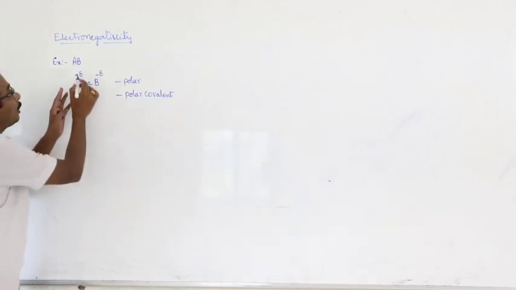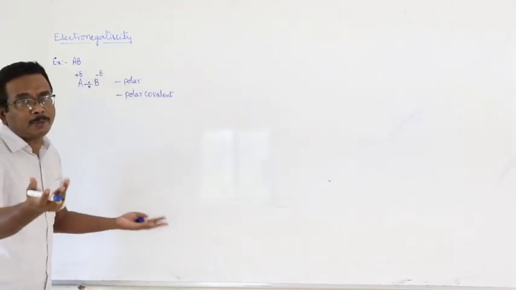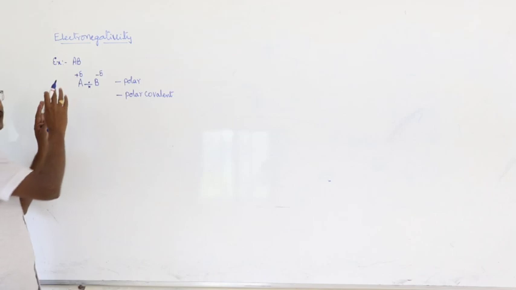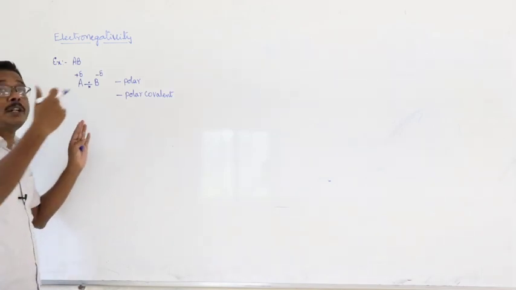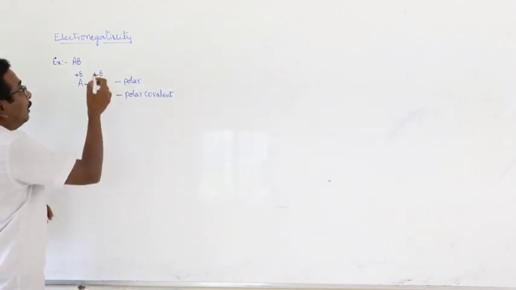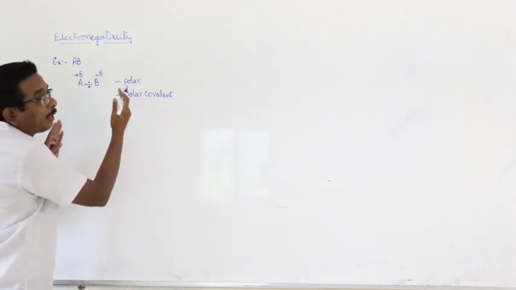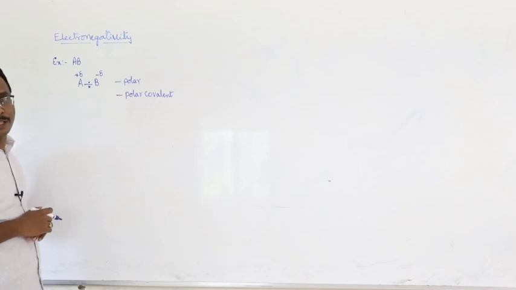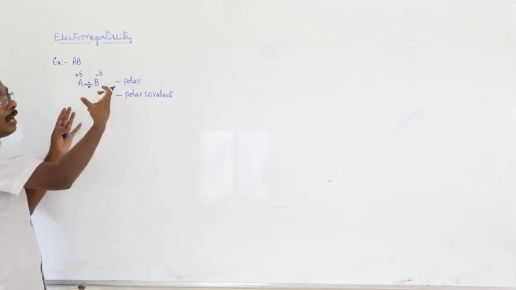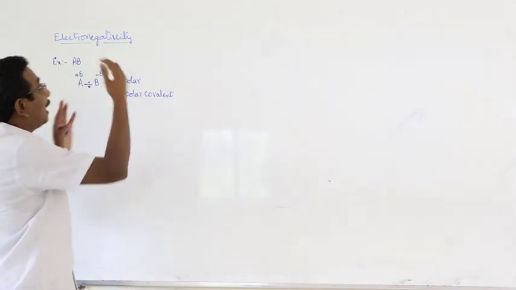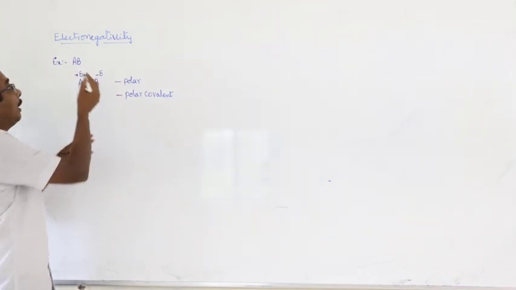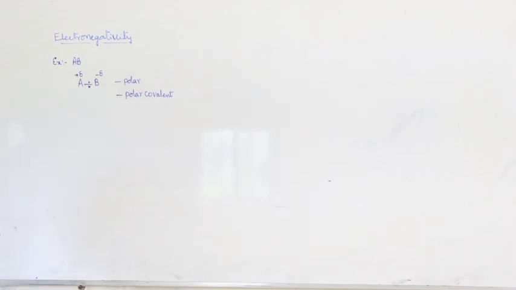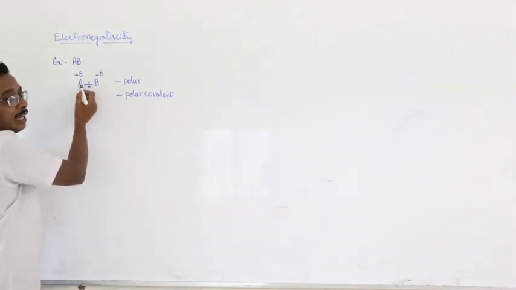How do the oppositely charged poles, which may be partial, appear in a molecule? This is a heterodiatomic molecule. It is due to shifting of the bond pair towards one of the two bonded atoms. Here, B attracts the electron pair, and as a result it acquires a negative charge. A, losing the electron pair, acquires a positive charge. Here, B is more electronegative than A.